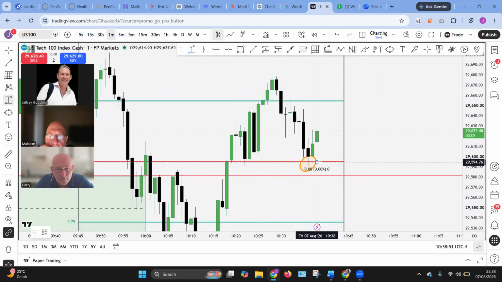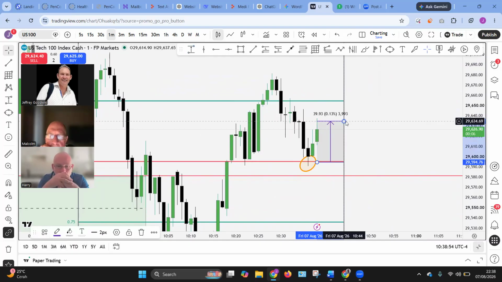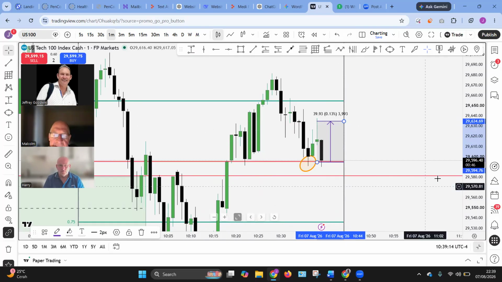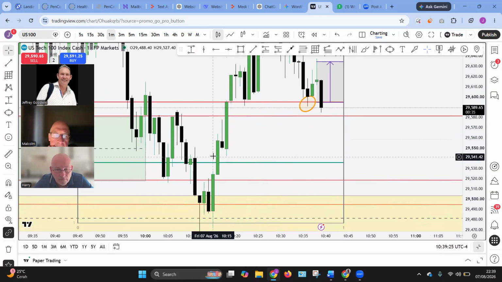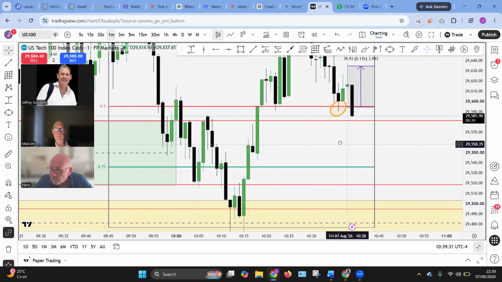So if you did take that to come back up there, you'd already be up $80. Or you would have been up $80. Now, is it coming back into the deeper retracement, which I said I would like down here? Let's see. So what we've got is an order block and a deeper FVG here at the 25.75 mark.